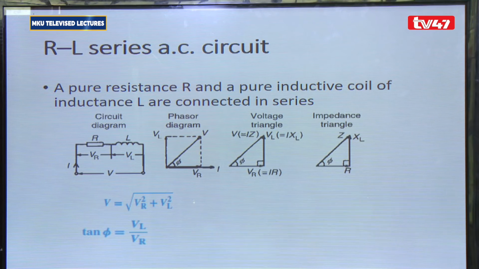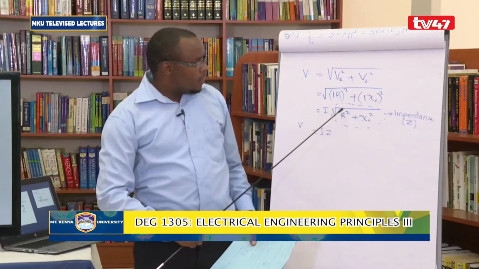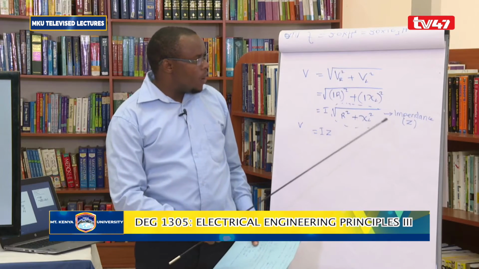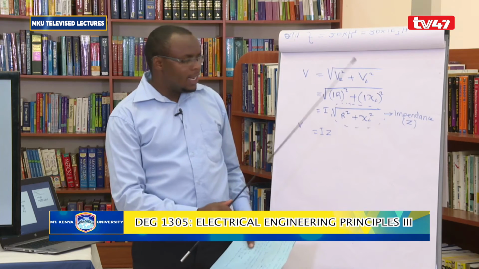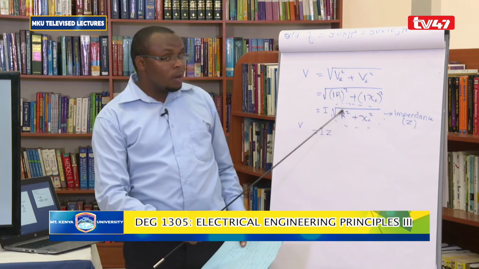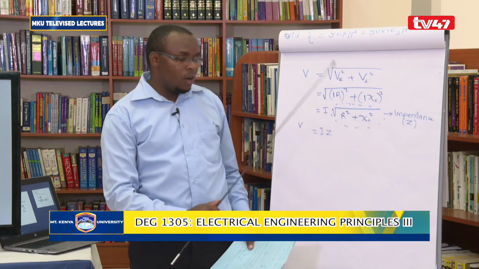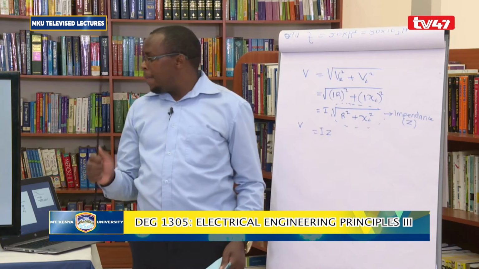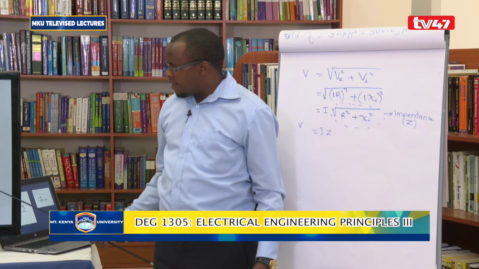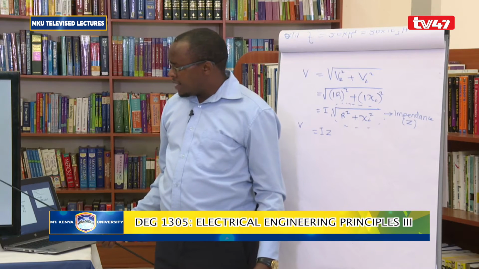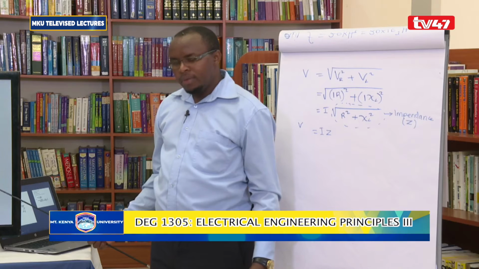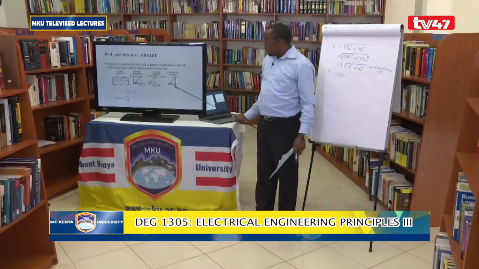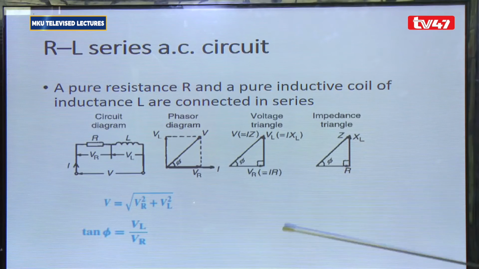Now, these values which have given us this impedance, the resistance and the reactance, again from Pythagoras' theorem, are going to form a right angled triangle. That right angled triangle is what we call the impedance triangle, and it's what we have here. So we have got R, we have got XL, we have got Z. To get Z, you get R squared plus XL squared, the square root. And that is what we call an impedance triangle, which is very important in our